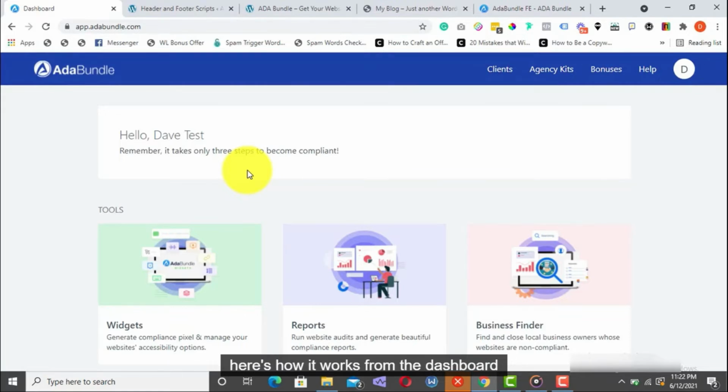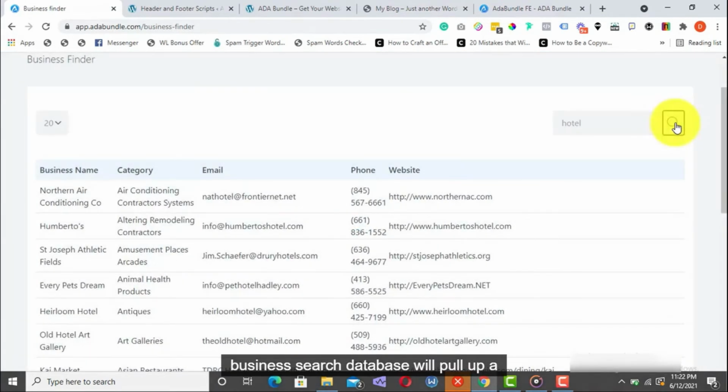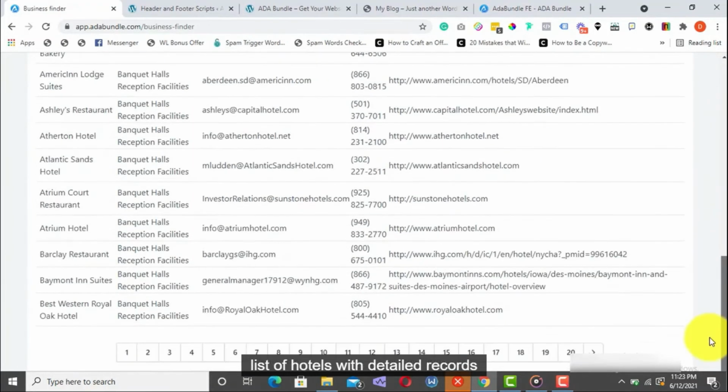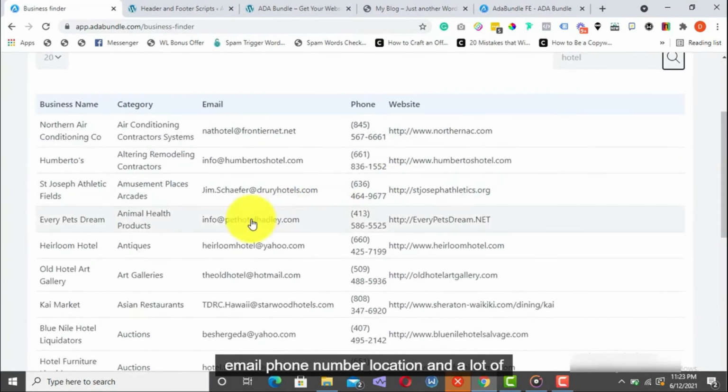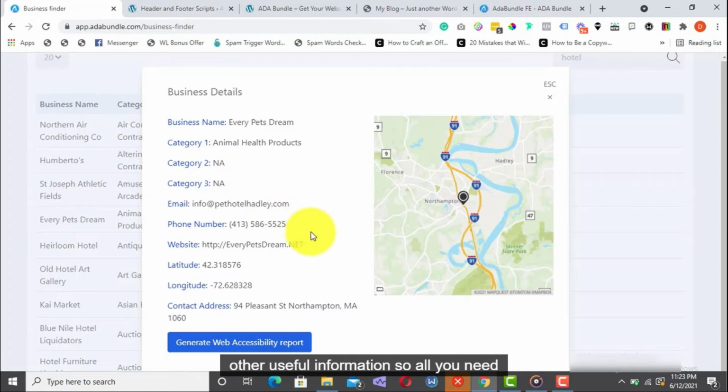Here's how it works. From the dashboard over here, click on Business Finder. Enter a keyword, say hotel, and click search. The robust business search database will pull up a list of hotels with detailed records like their website, email, phone number, location, and a lot of other useful information. So all you need to do is click on Generate a Report or simply grab the website URL,